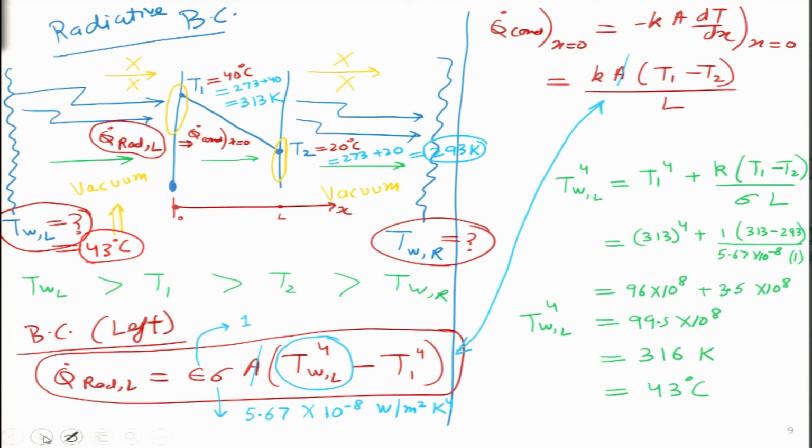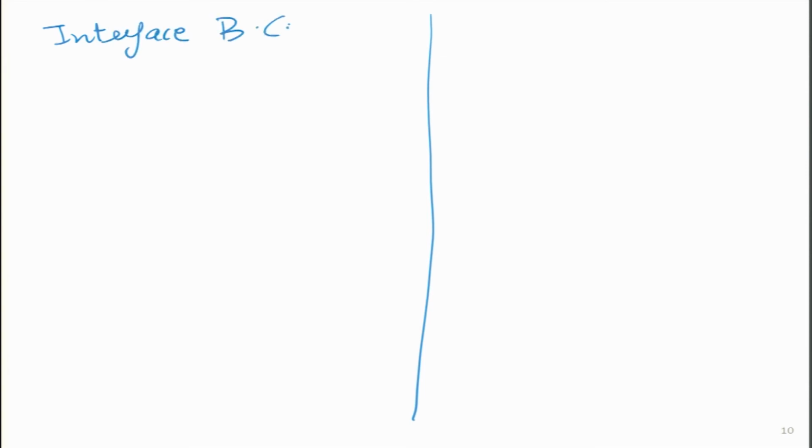Now, let me look briefly at one more boundary condition, which is actually very straightforward and simple. This one is known as the interface boundary condition. So, just to recap, this is the third boundary condition that we are looking at today. The first boundary condition was convective, in which we were assuming that air was flowing on both sides of the brick wall. Then we looked at the radiative boundary condition. Now, let us look at the interface boundary. What does the interface boundary condition mean?